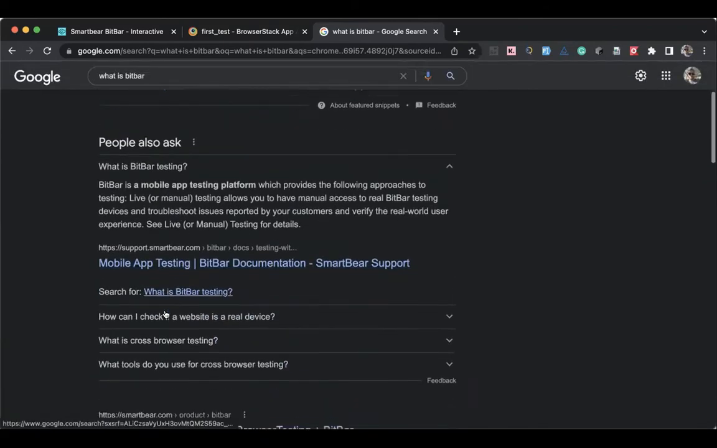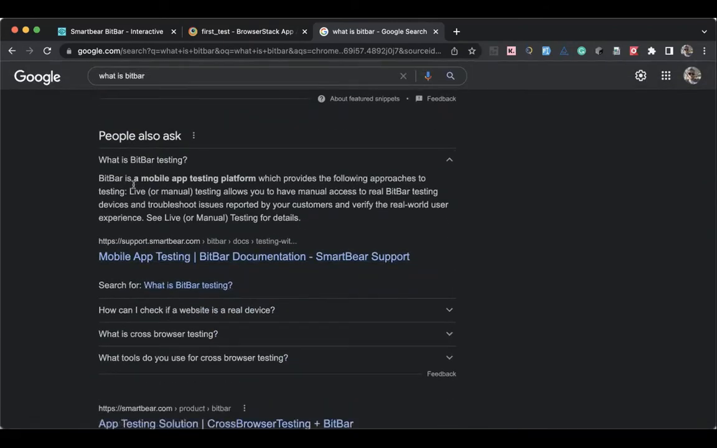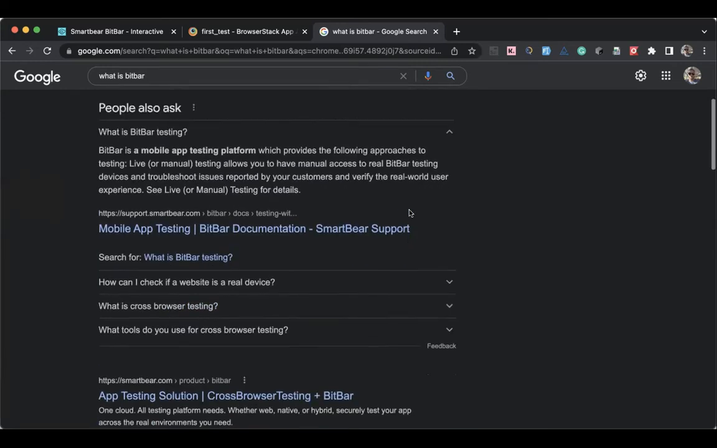All right, so you can see my screen, right? So it says BitBar is a mobile app testing platform which provides the following approach to testing: live testing or manual testing. So it allows you to have manual access to real devices and troubleshoot issues reported by customers and verified, and so on. So basically,